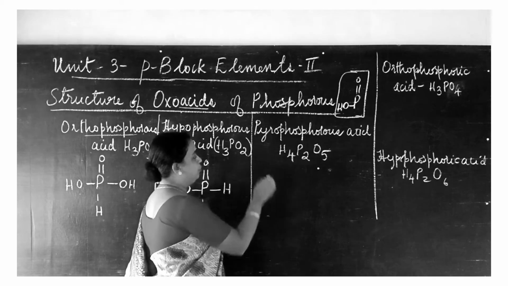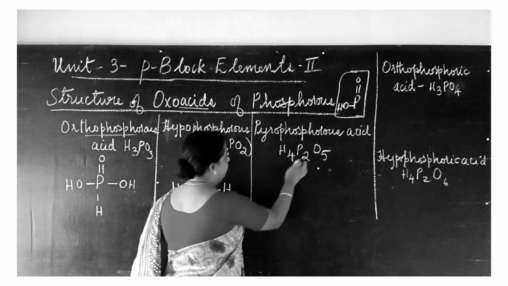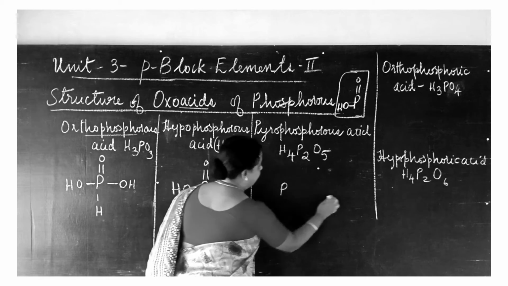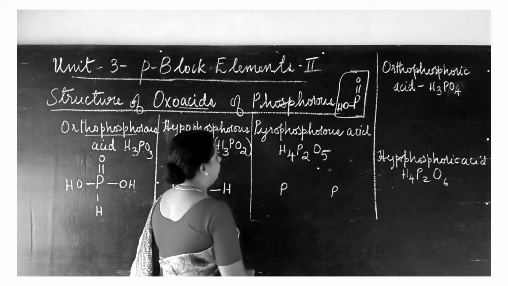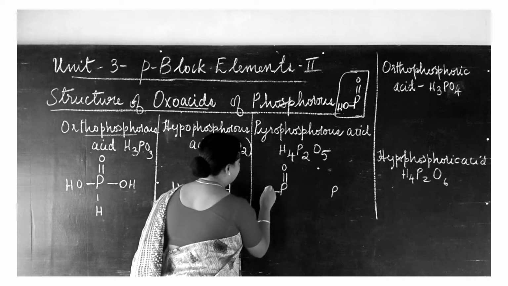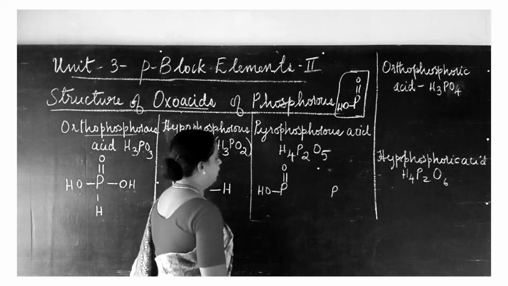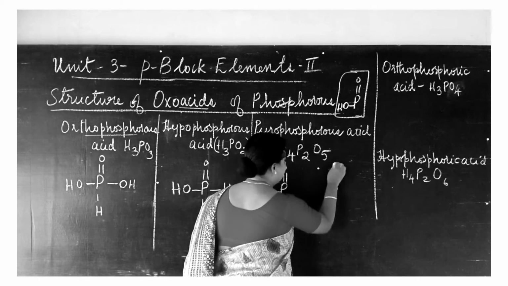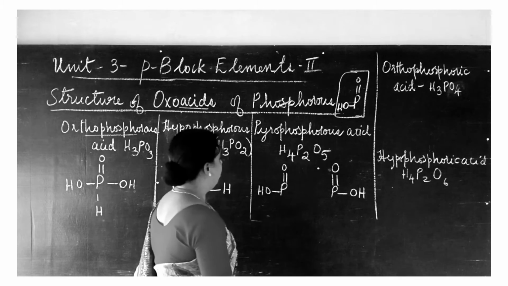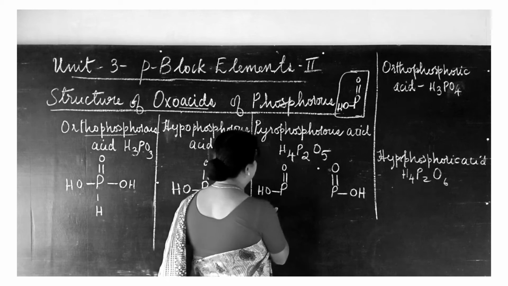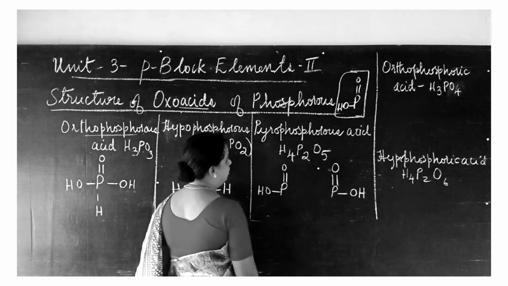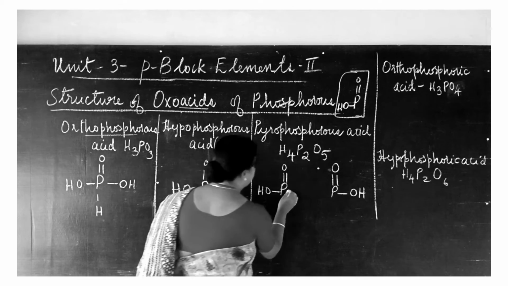Now let us look at the pyrophosphorus acid. So here 2 phosphorus atoms are there. So 1 I put over here and another I put here. Okay. Now as usual with the phosphorus, a double bond oxygen should be there and a single bond OH should be there. Okay. So likewise for this phosphorus also I put the same, double bond O, bond OH. Fine. Now how many oxygen atoms are remaining again? 1, 2, 3, 4. 4 oxygen atoms. Now 1 is placed, 1 is left over. So that oxygen I just put over here.